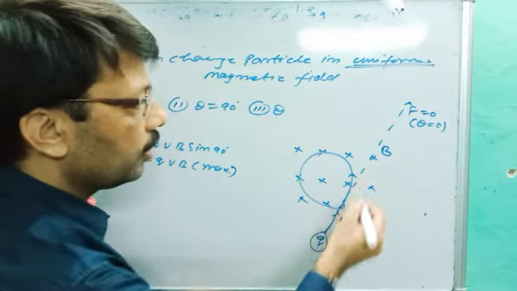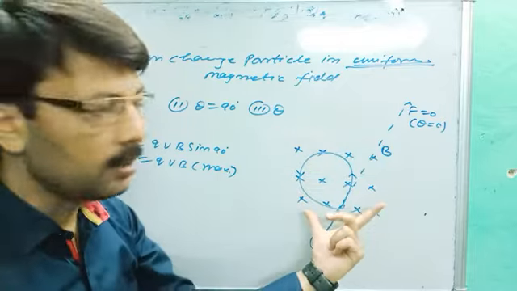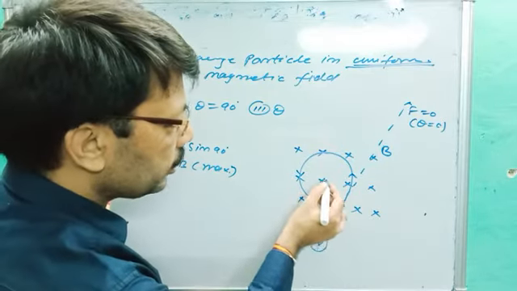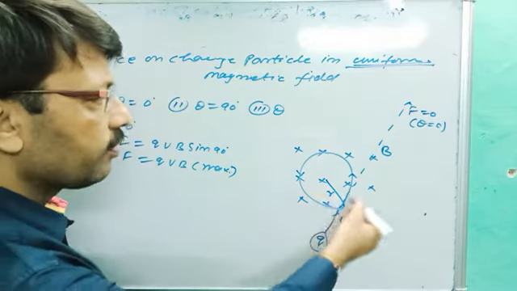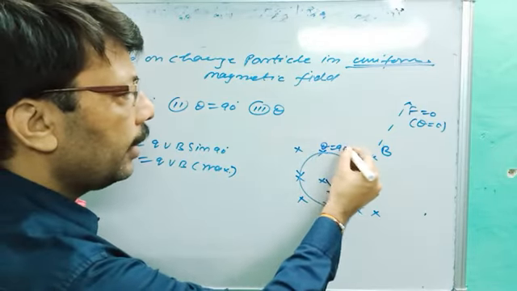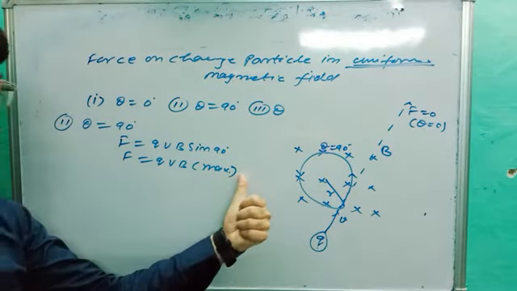Very important point. First was a straight line, second you better know is a circle. The force is all the time perpendicular to the field, so its path will be circular. Let's suppose its radius is R. Are you getting the point? This is the condition of theta equal to 90 degree. So what do we get here? F is equal to qvB, that is the maximum.